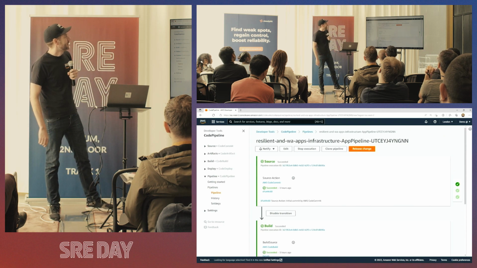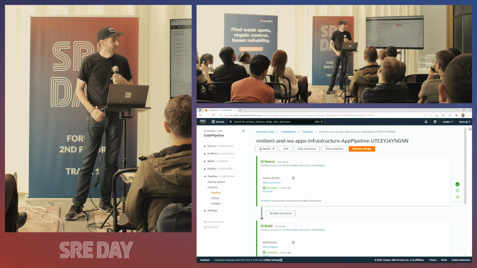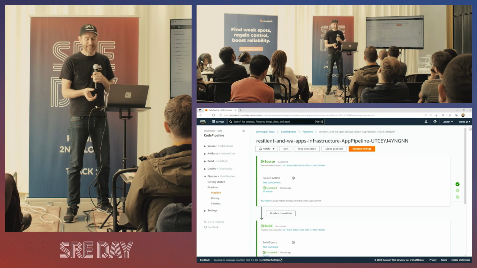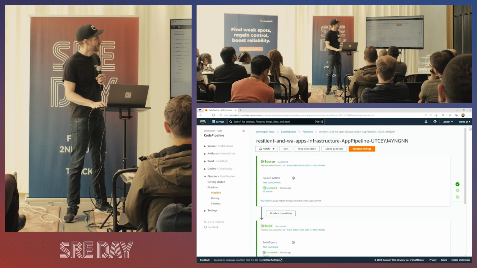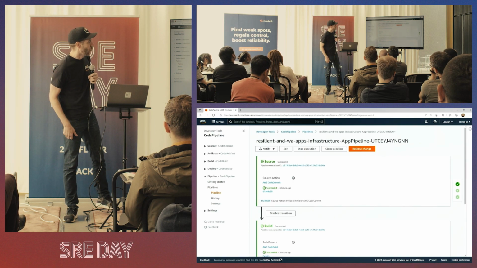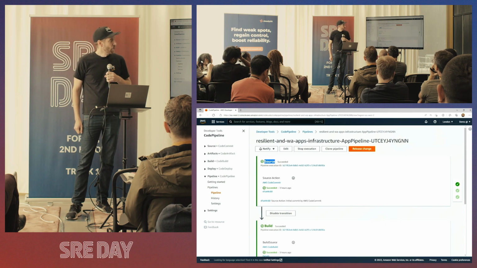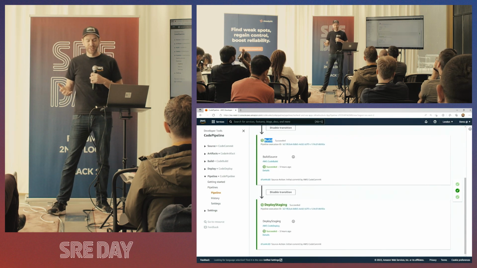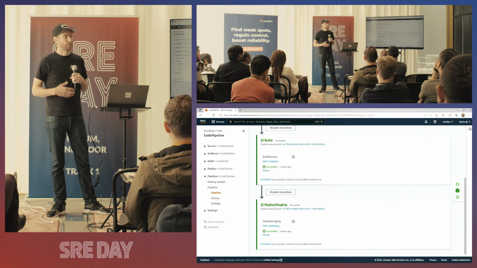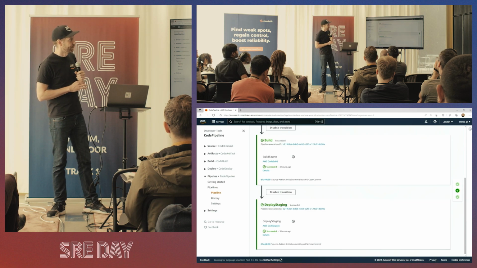So this is AWS Code Pipeline. I have the most basic of pipelines set up. So we are fetching a source. We are then building that source, and we are then deploying it to the staging environment.